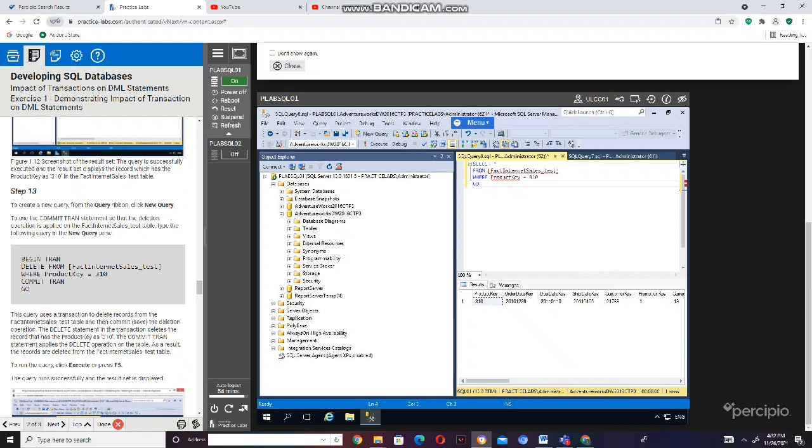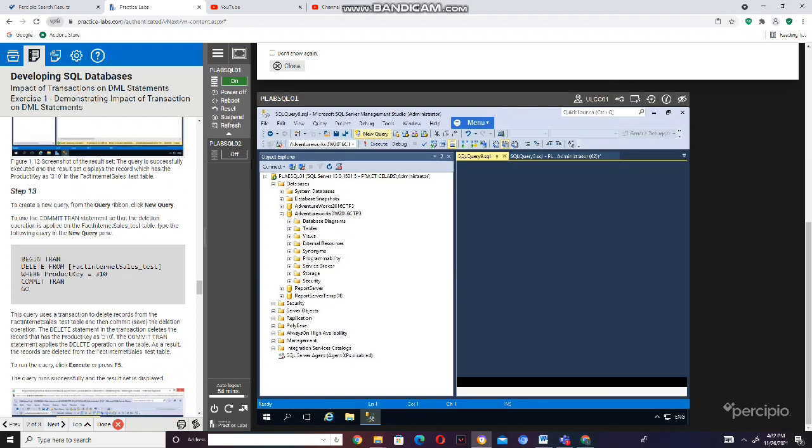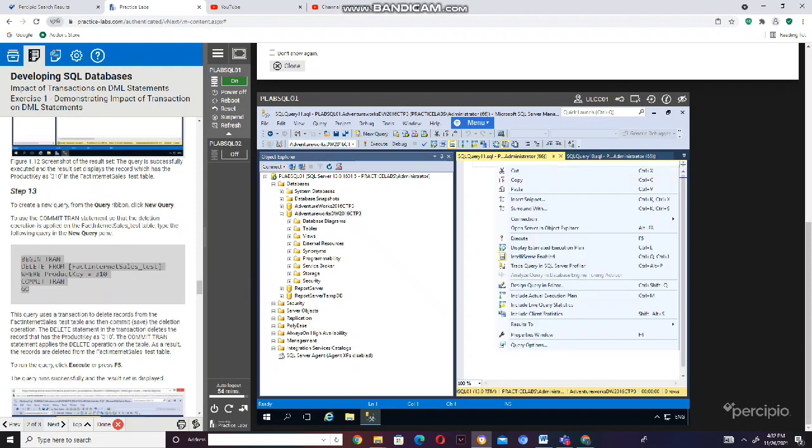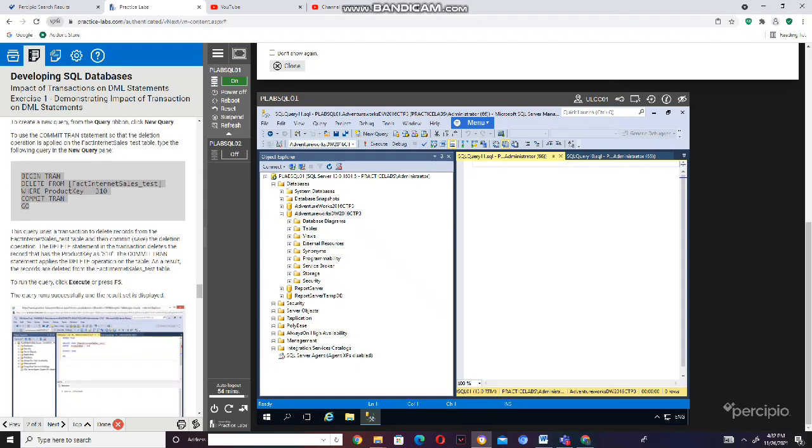Step 13. To create a new query, click New Query. To use the COMMIT TRAN statement so that the deletion operation is applied on the FactInternetSalesTest table, type the following query in the new query pane. This query uses the transaction to delete records from the FactInternetSalesTest table and then commit, or save, the deletion